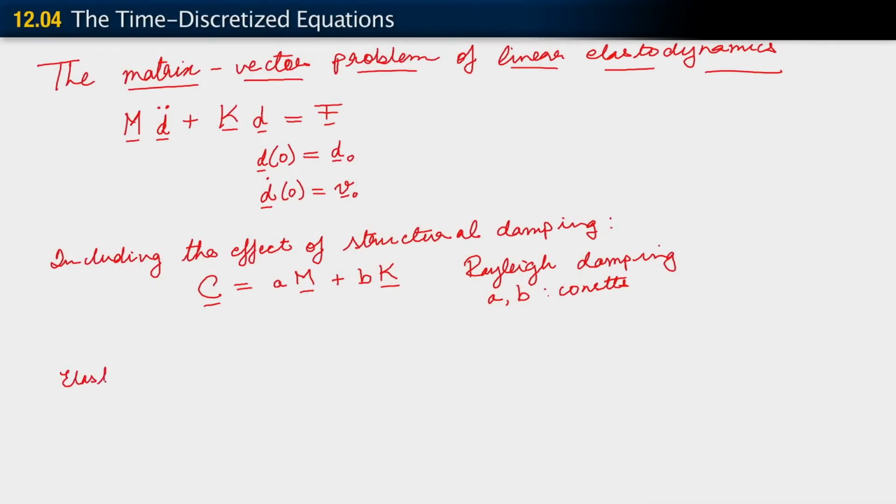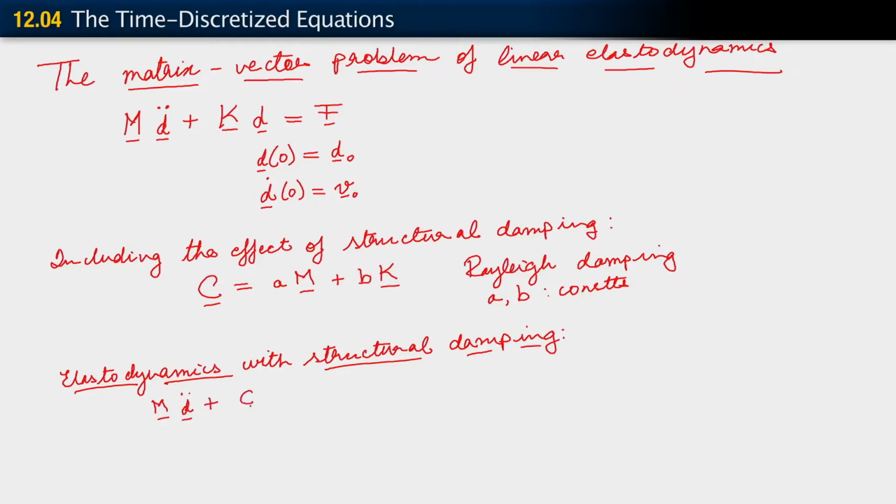Okay. And then the form that damping would be included in was the following. Now we would get the equations of elastodynamics with structural damping. And that equation would turn out to be M d double dot plus C d dot plus kd equals f,